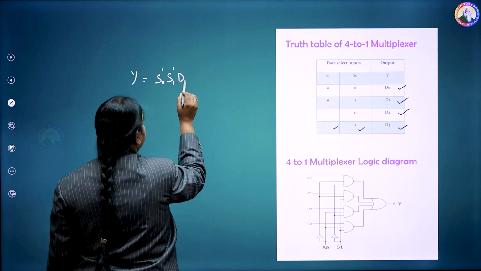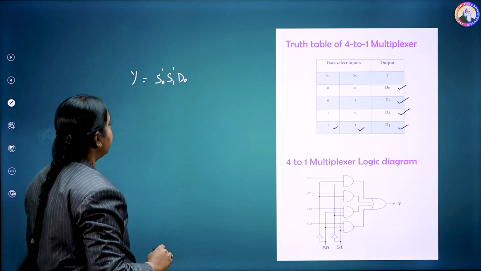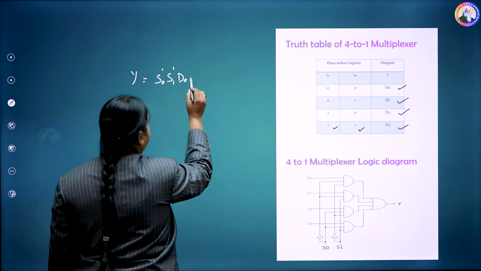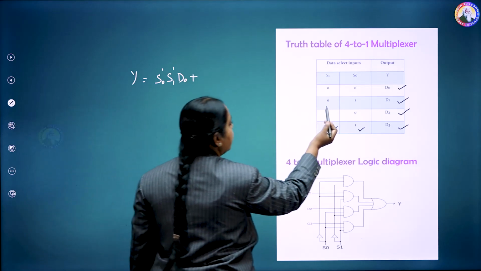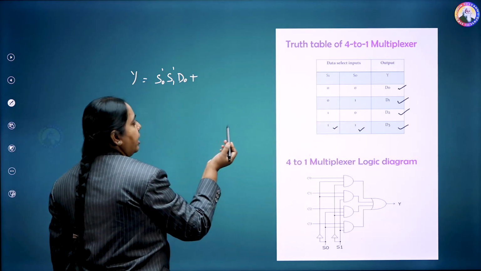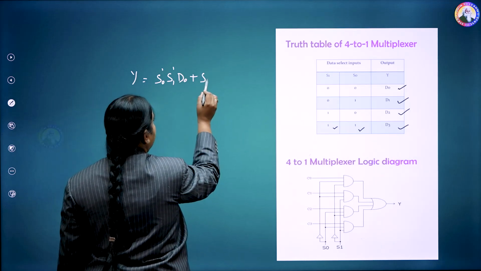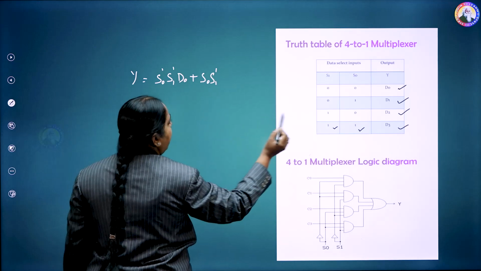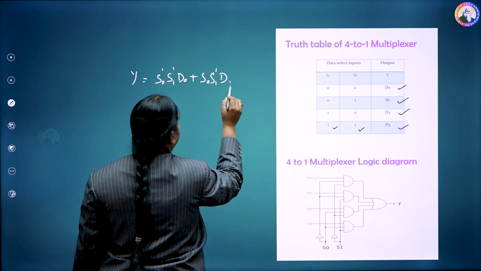So S0 bar, S1 bar, D0. Next, plus, what is the second one? 0 1. So S0 is 0, S1 is 1, so S0 bar, S1, and the input is D1,